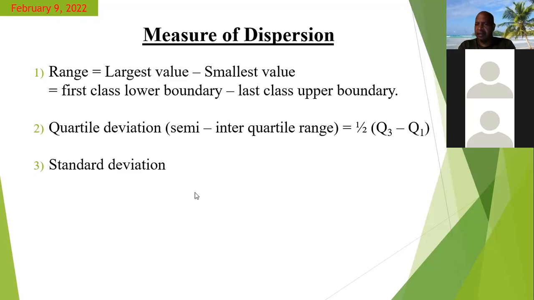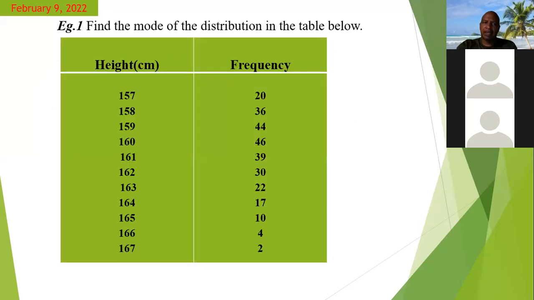Sir, could you go back over the range of how you calculate that, please? All right, so let me just jump back to this table. Here we have a set of values, your heights. If you're to calculate the range, we look for the largest value, which is 167. We look for the smallest one. We just subtract the smallest one from the largest one, and that gives you a range. So the range here would actually be